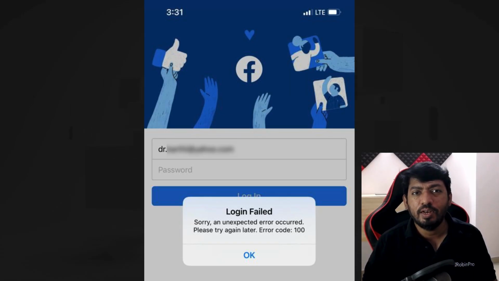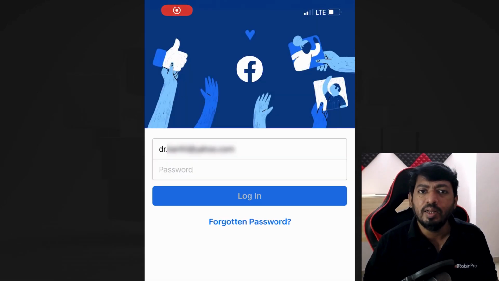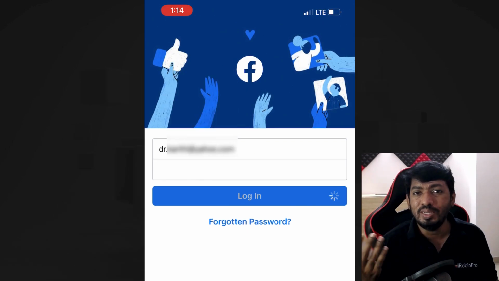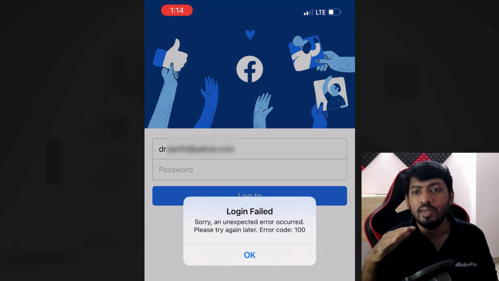In this episode, we are going to fix the Facebook application login failed error on iPhone. After users upgrade from an older iPhone to a new iPhone, or change their iPhone to a different model and restore the backup, people start to face this strange error with error code 100 when they try to log into their Facebook account. The several troubleshooting steps that I have tried personally to fix this problem have never worked, and the only step which worked is erase all content and settings.